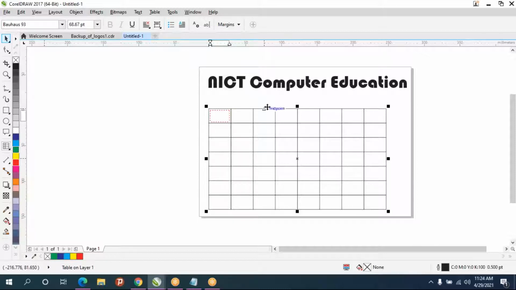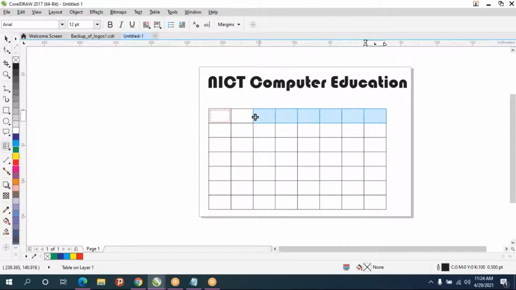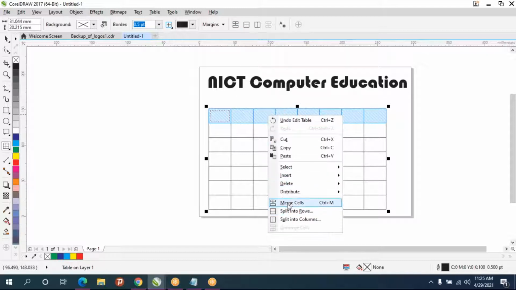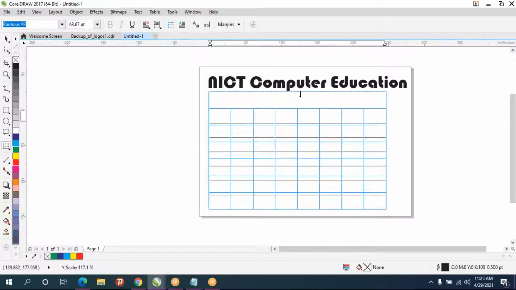And suppose if you want to merge cells, just select the cells. And in the property bar, if you see combine means merge cells, or else you can do right click also, merge cells you can do. So if you know Word, it is very easy to understand.